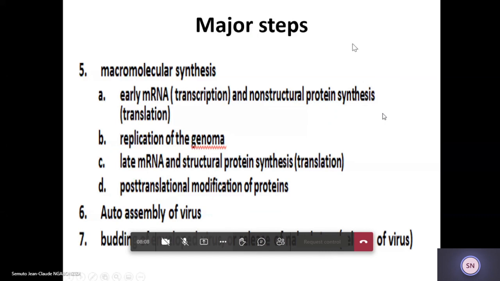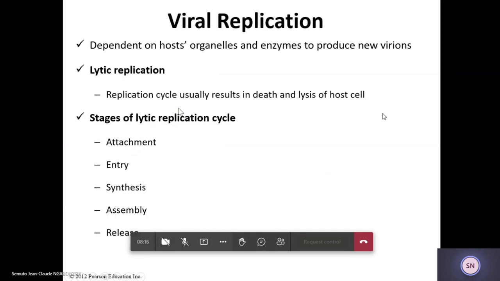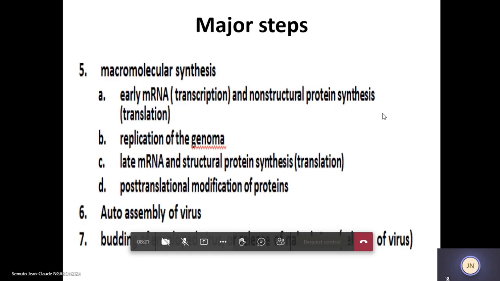It has to do synthesis of macromolecules. There is messenger RNA synthesis, and there is a late